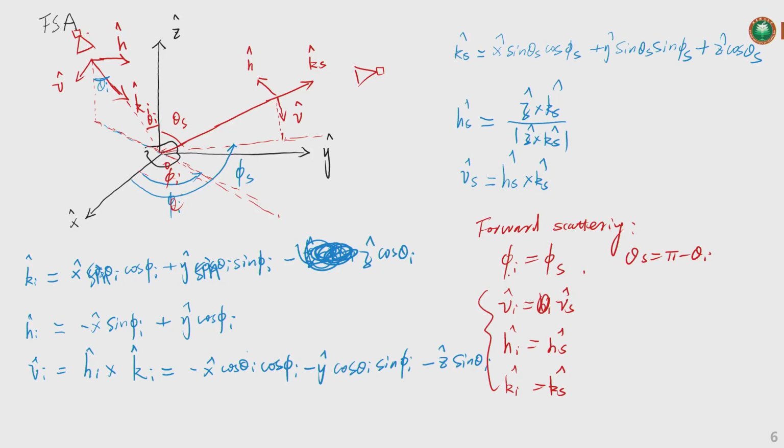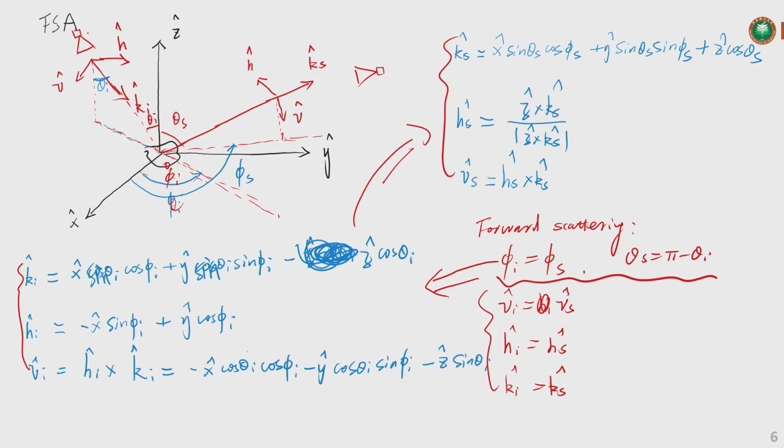So according to these two assumptions, if you substitute them into this equation group, you're going to obtain this equation group here. You can try that. So this is for the forward scattering alignment. Now, if we want to get the configurations for the backward scattering alignment, what we can do is, so